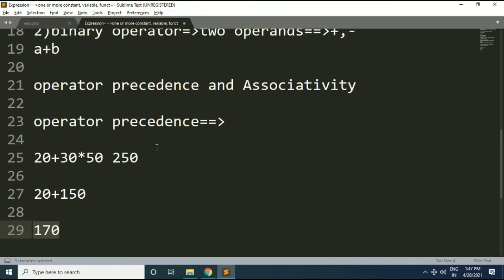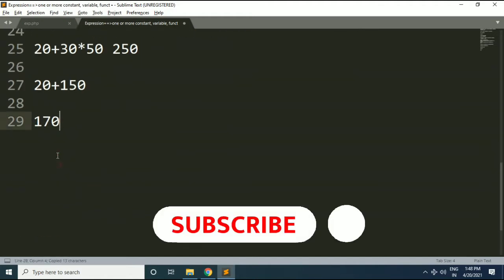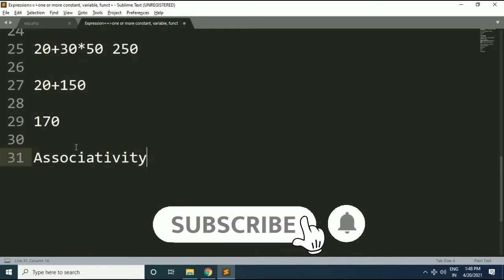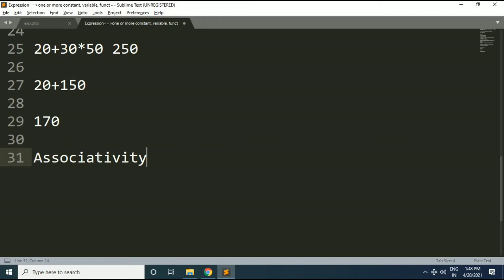Okay. Now the next concept we have is operator associativity. What is operator associativity? Operator associativity is used when two operators of the same precedence appear in the expression. This comes into the picture only when your expression consists of two operators with the same precedence. Associativity can be either from left to right, or from right to left.